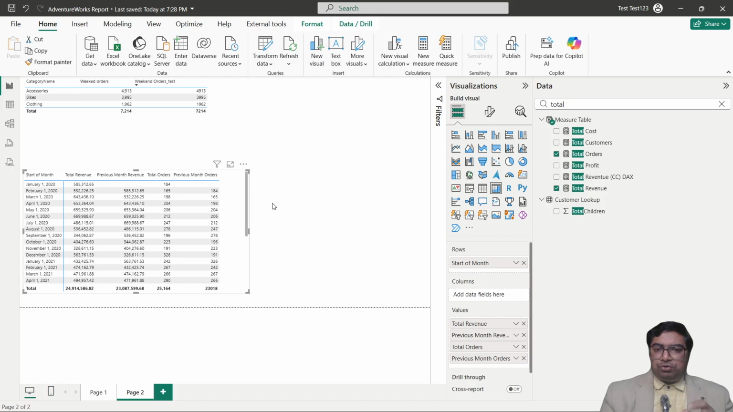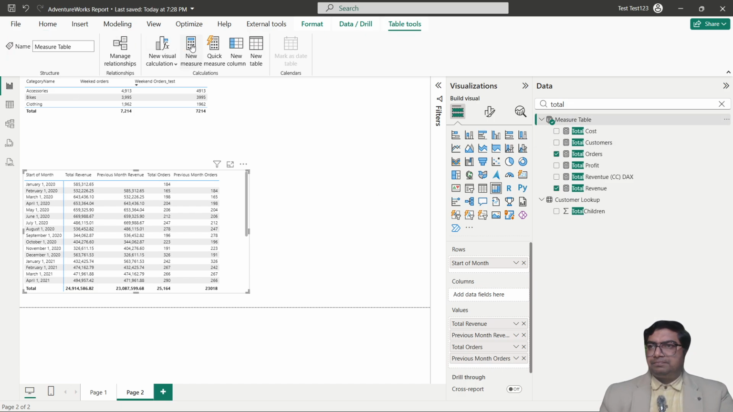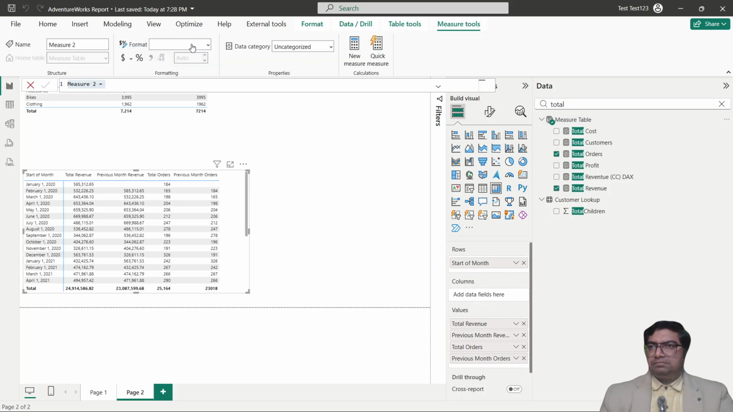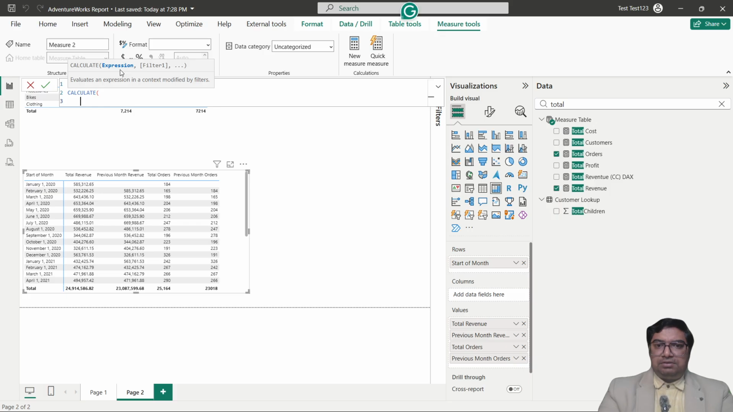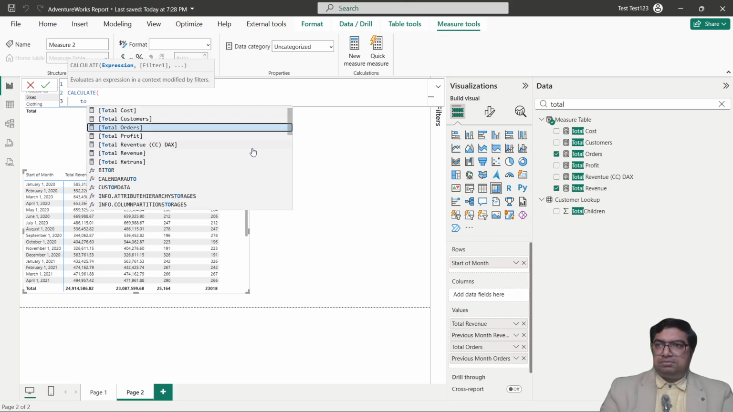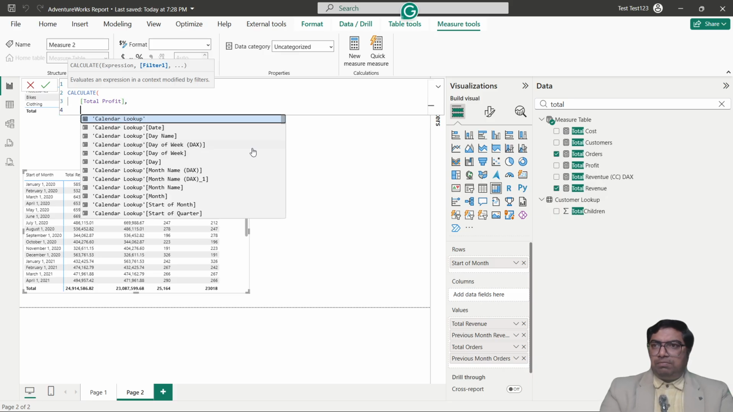Now I want to give the target. For the target, I want the last month profit. How can we calculate last month profit? We'll calculate it in the same way. Just click here on a new measure. In the new measure, put previous month profit is equal to CALCULATE. Now I want the total profit, comma,